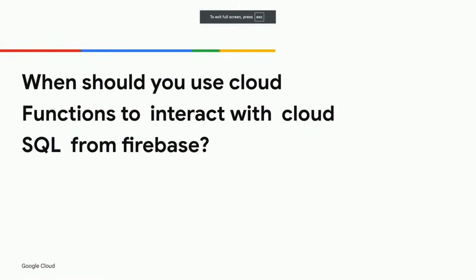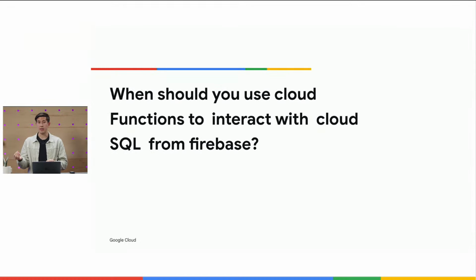When should you use Cloud Functions to interact with Cloud SQL from Firebase? So that's a great question, and it's something I probably didn't cover super well in the live demo as well as my presentation. When you provision Firebase Data Connect and Cloud SQL, that is just a regular Cloud SQL instance. And so Data Connect, we automatically do all the stitching to do the connection, to do the SQL queries, to manage the schema. But if you want a Cloud Function to go talk to that Cloud SQL instance, you can do that any way you want.